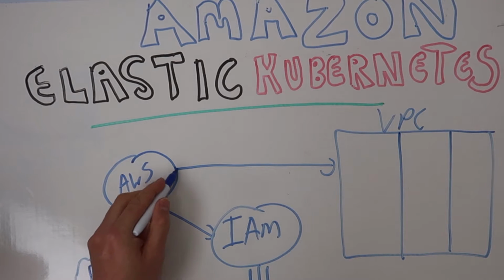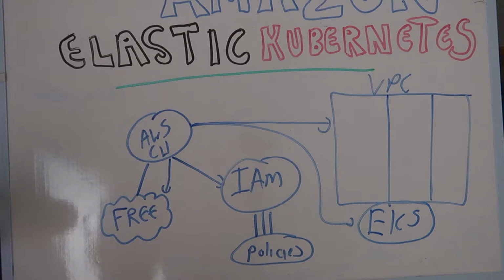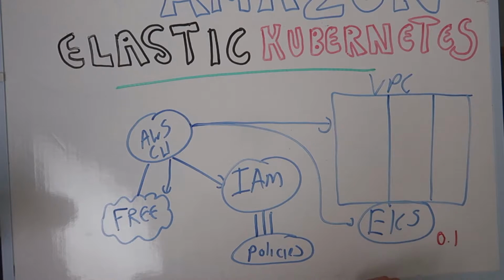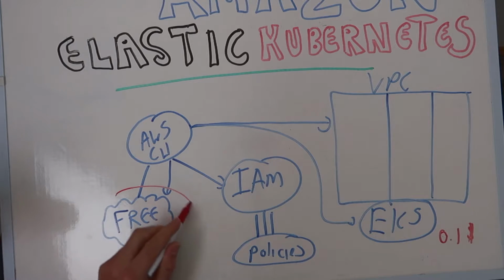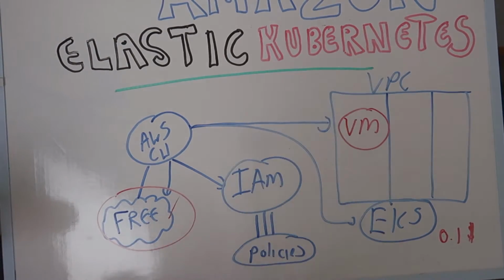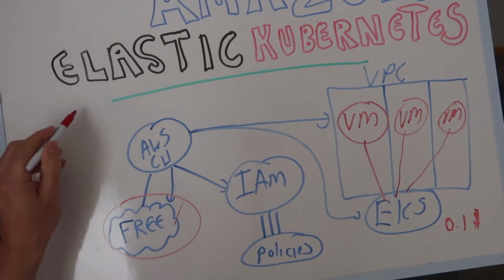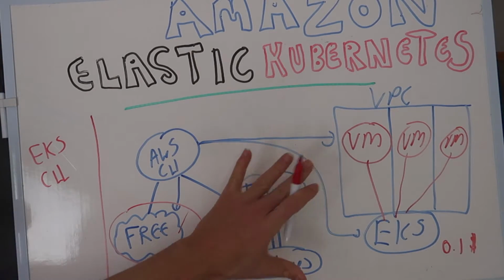Then we will create what's called EKS. This is the Kubernetes service for Amazon. Now this service is not free. It'll be charged roughly $0.1 per hour to run. Then the final thing we're going to do is use the free tier to create an EC2 instance, or a virtual machine, in one of the subnets. So we'll deploy a virtual machine here from the free tier and connect it to EKS. That is using the Amazon AWS CLI. Another option we'll take a look at is using the EKS CLI to basically do the same thing,